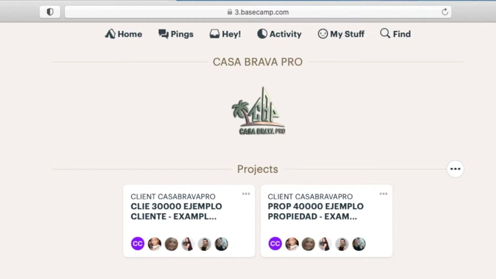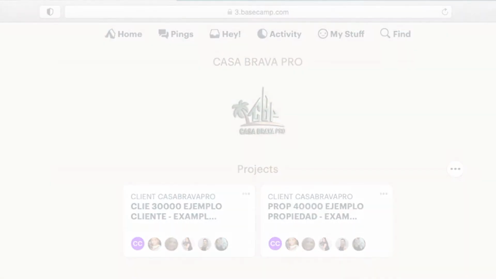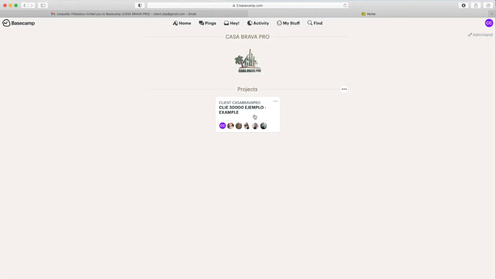Once you're in your profile, you will see the following. You will see a rectangle with a reference number and your name, and in case you have more properties or projects with us, you will see more rectangles with reference numbers. Click on your name and you will then see the following tools we will use to communicate, from left to right.